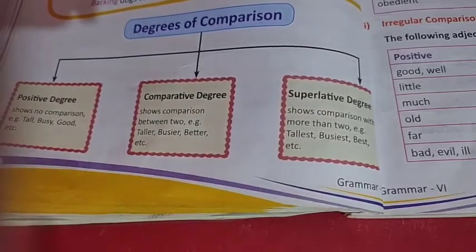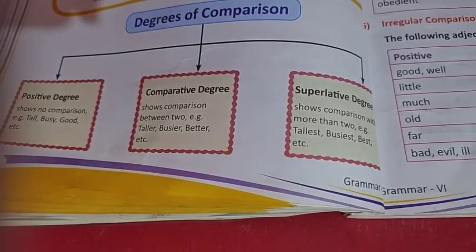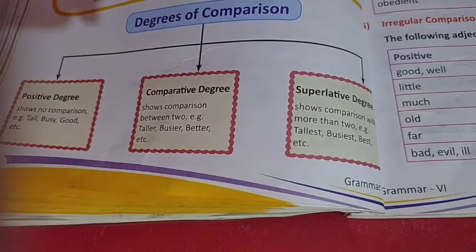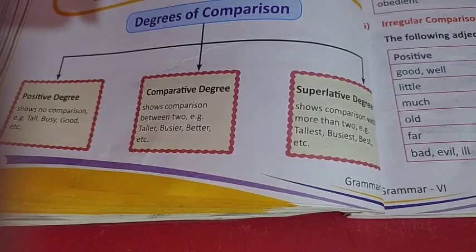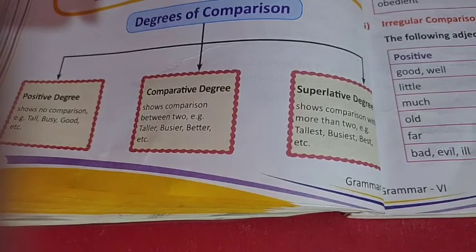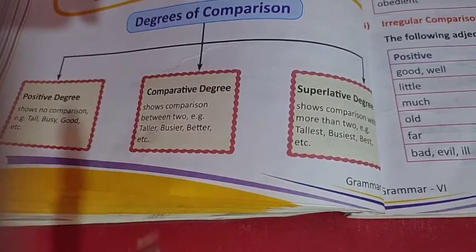Let's take examples again. Lata is the youngest girl in the whole class. So here we are making comparison and it is among more than two nouns. Rahul is the strongest boy in the team. Again here it is the comparison among more than two nouns. Now I said that for adjectives with more than two syllables, we use the word most. Like, this painting is the most beautiful one I have ever seen. So we have added the word most with beautiful.